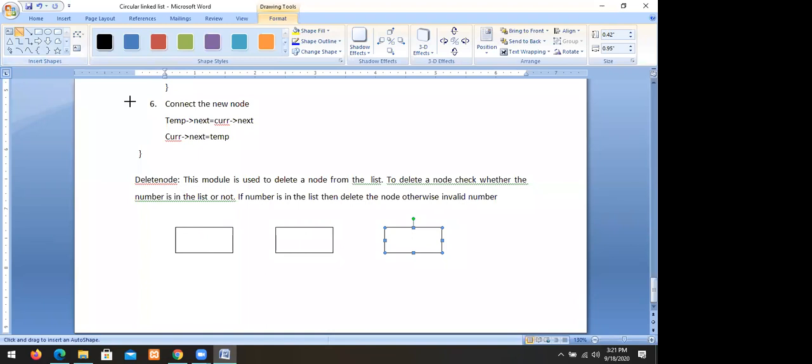Then you have to connect the last node to the first node.